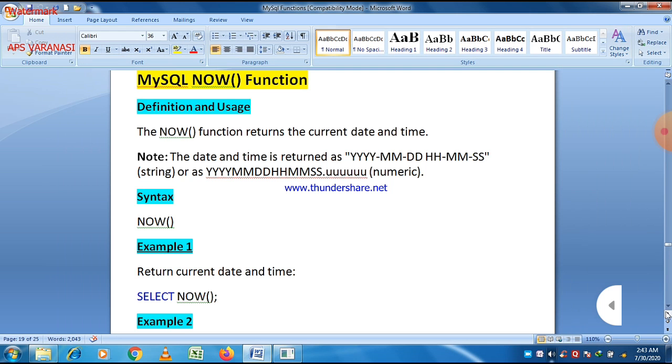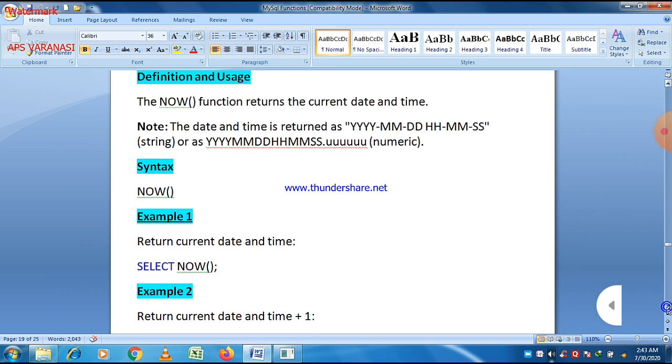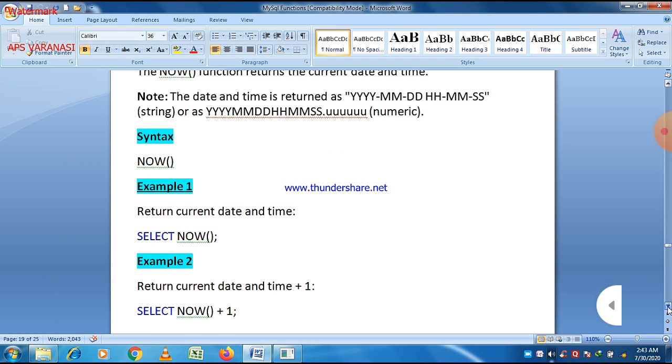So next, our topic regarding MySQL date and time functions is the DATE function. Always remember that NOW plus 1 returns the current date and time plus 1.